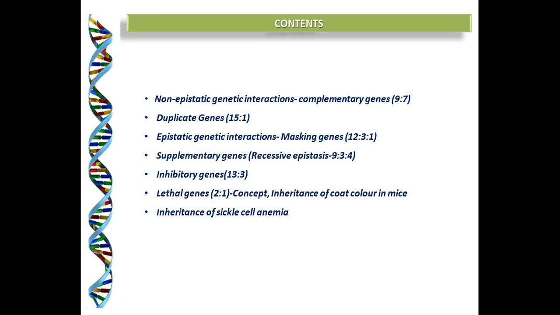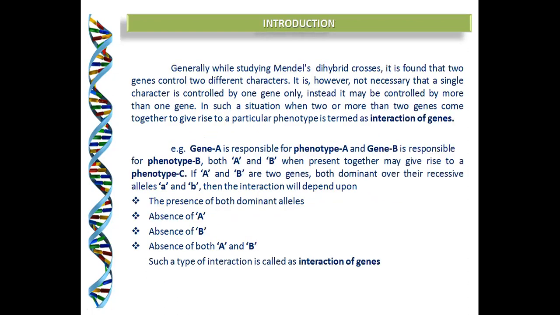That lethal gene interaction we are going to study with the example of inheritance of coat color in mice. Then we are also going to study the inheritance of sickle cell anemia. So these are some of the points that we are going to study in this chapter. As I told you in the last lecture,